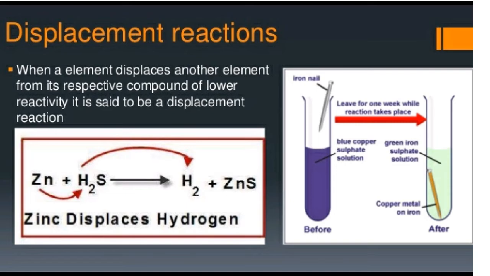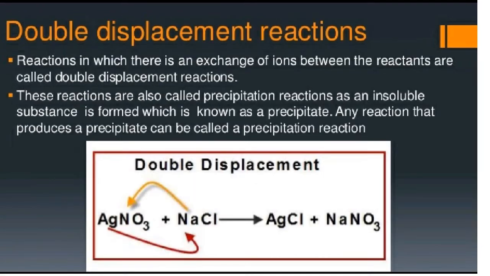In another case, I'll take copper sulfate in a test tube and add an iron nail to it. After some time, I'll observe the color of the solution in the test tube changes from blue to greenish. This is due to the displacement reaction. It occurs because iron is more reactive than copper. It displaces the copper from its solution. Now the greenish solution is ferrous sulfate and the bluish solution was copper sulfate. These are the examples of displacement reactions.